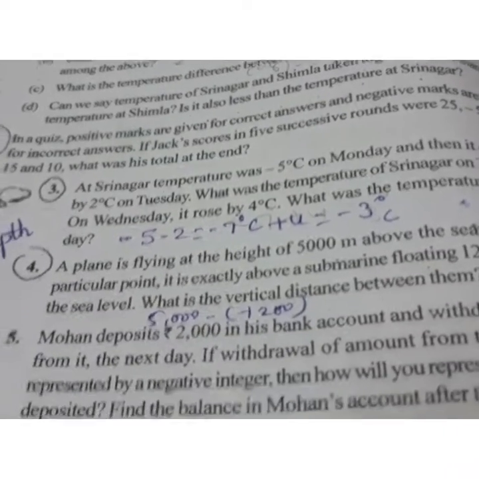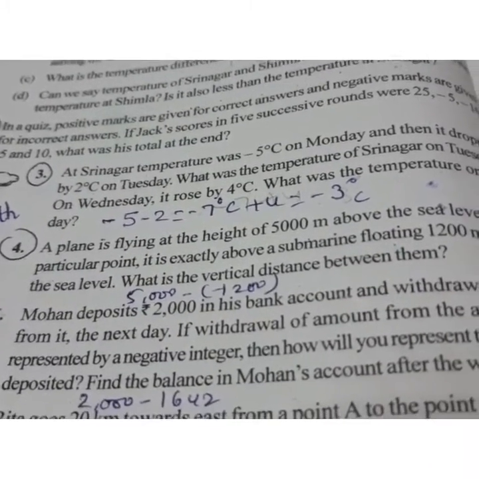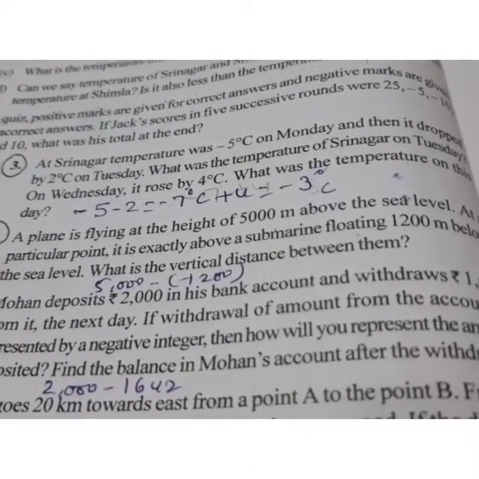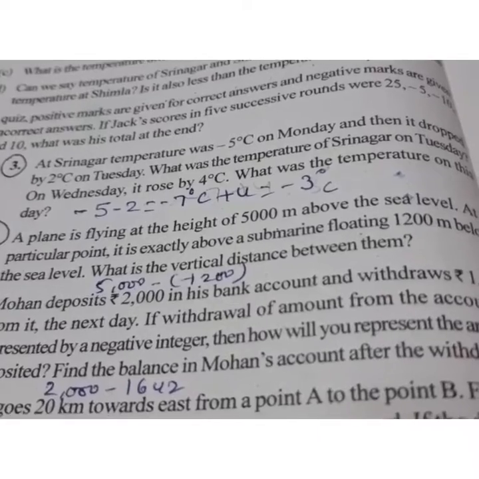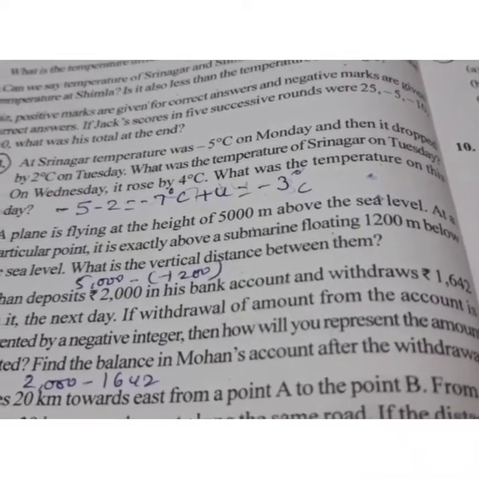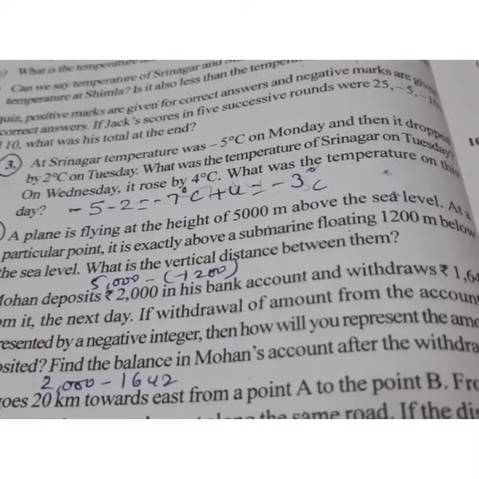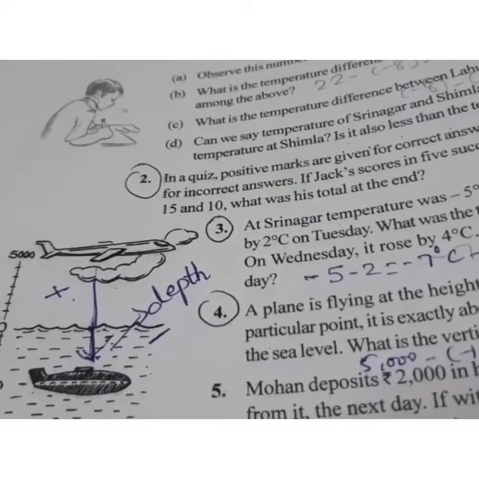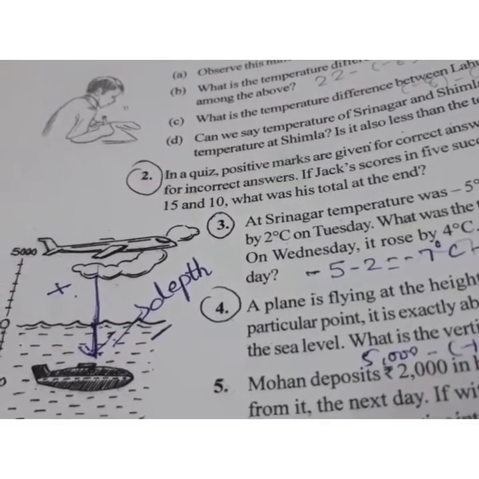We move on to question number 4. A plane is flying at a height of 5,000 meters above the sea level. At a particular point, it is exactly above a submarine floating 1200 meters below the sea level. What is the vertical distance between them? Here you can see the picture of a plane flying in the sky and the depth of the submarine inside